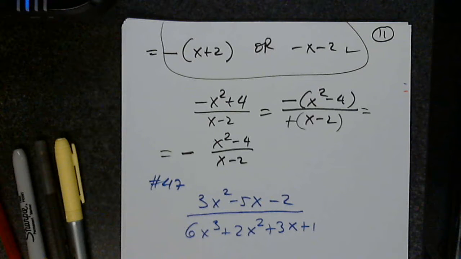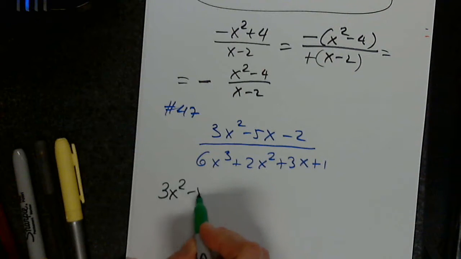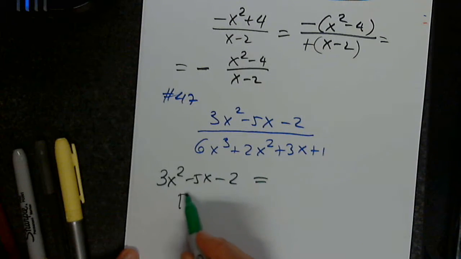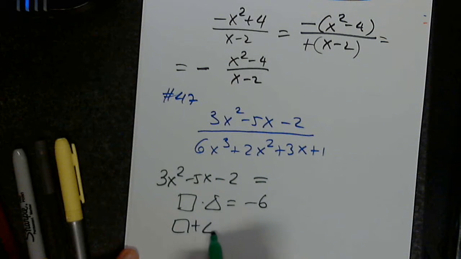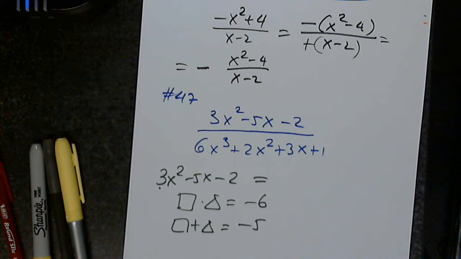Can anyone get us started? So the top is x minus 3. We are looking for two numbers whose product is negative 6, very good, and whose sum is negative 5. Good. But you have to replace and factor by grouping because you have the 3 in front. You cannot directly write the product. Negative 6 and 1. So please replace